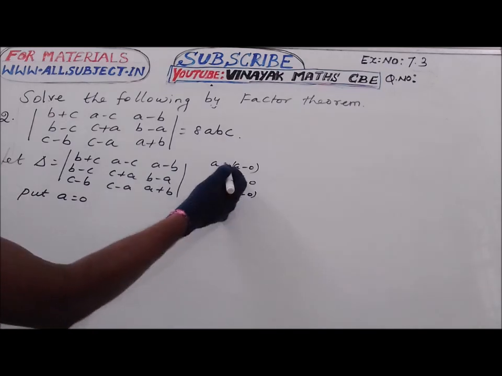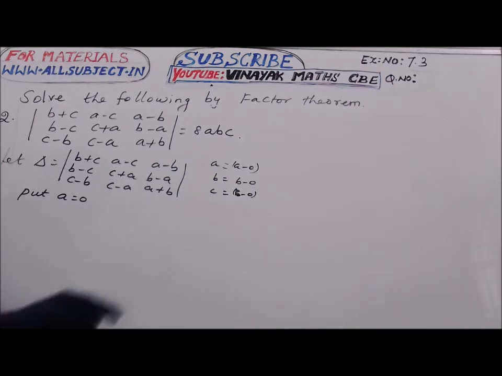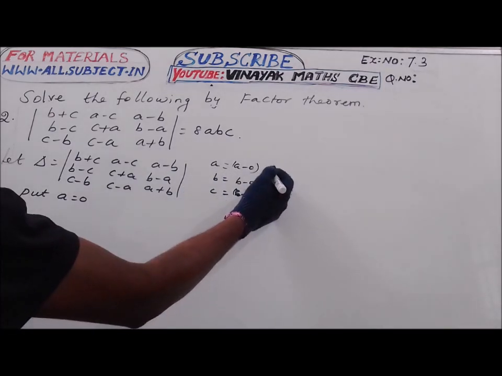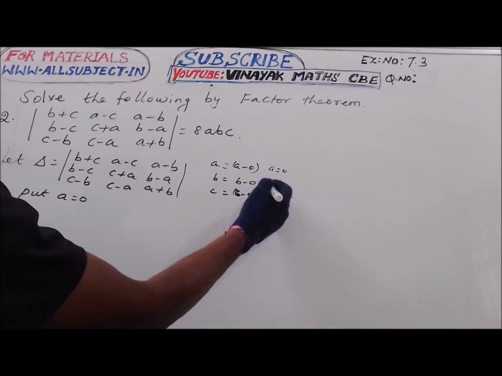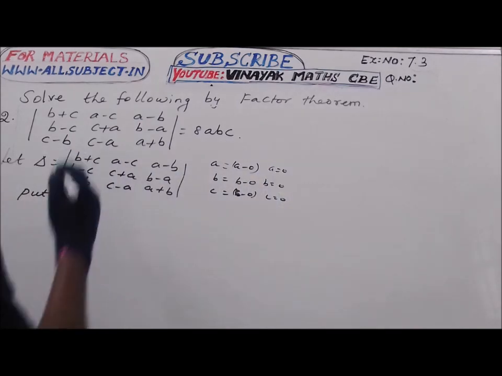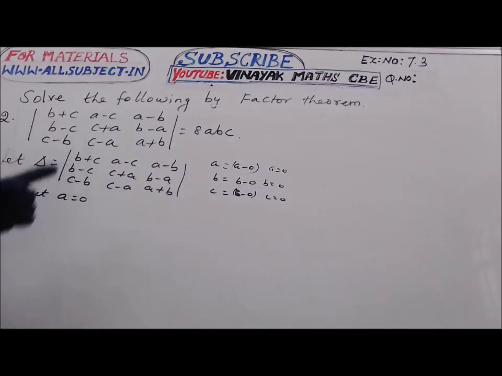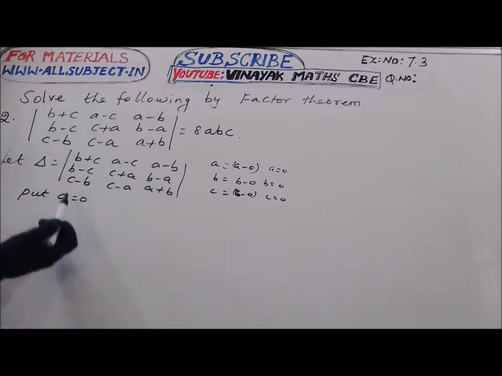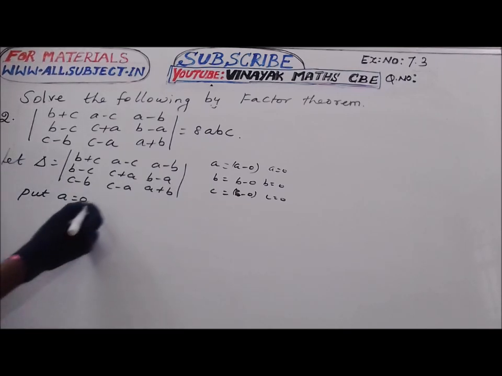We can take it as A as A minus 0, B as B minus 0, C as C minus 0. Here A equal to 0 and B equal to 0 and C is equal to 0. We can substitute here. So put A equal to 0 in this. Substituting A equal to 0, delta equal to